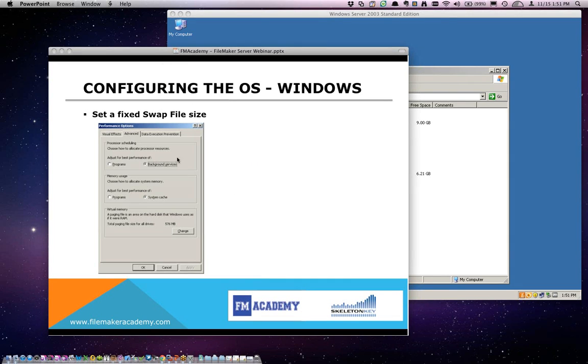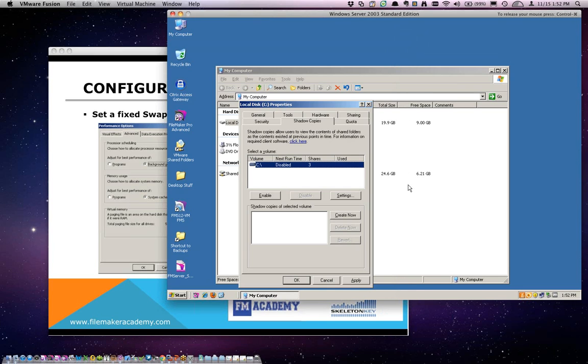Finally, on Windows, we want to set a fixed swap file size. This is our virtual memory. Windows allows the swap file or the virtual memory to expand and shrink dynamically, but here again, that's something that's going to be using up disk cycles that we would really like to avoid, so we can turn that off by